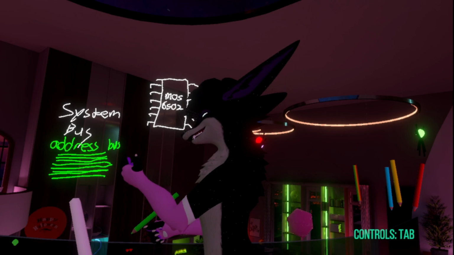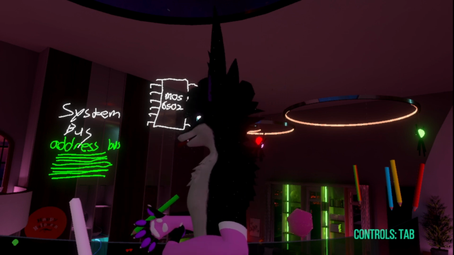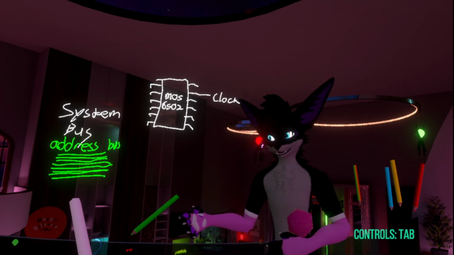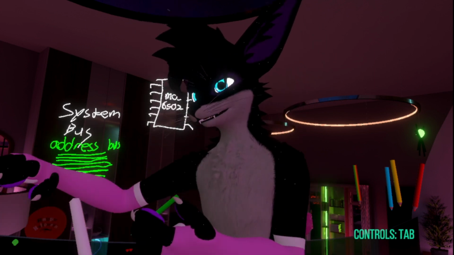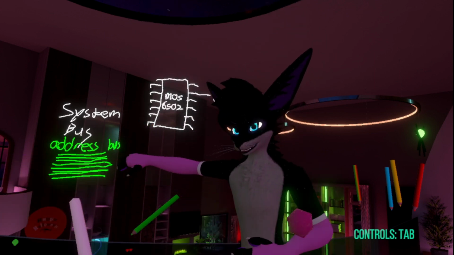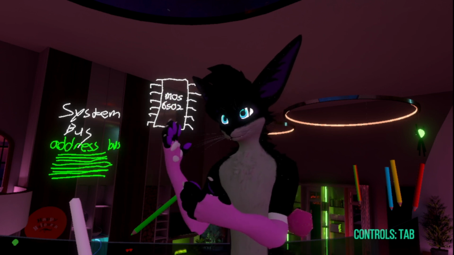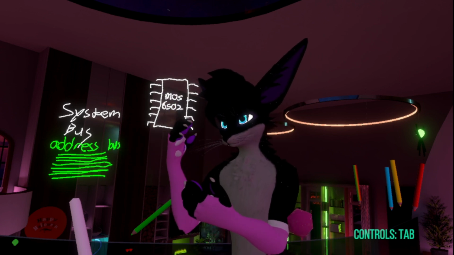The CPU will send signals onto the address bus saying, hey, can I get this device?